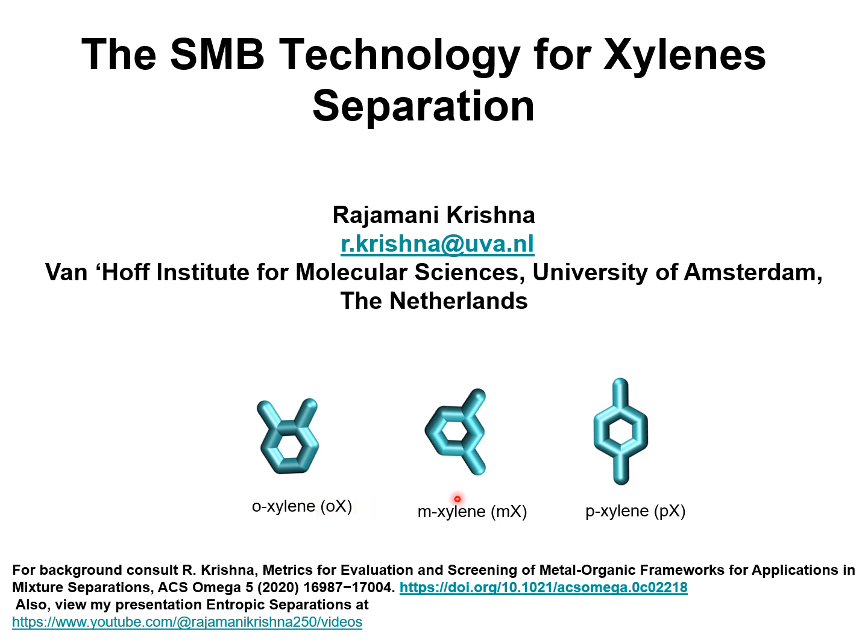Meta-xylene is oxidized to produce isophthalic acid, which is used in unsaturated polyester resin. Para-xylene has the largest market of these three isomers. The demand for para-xylene is several times that of meta-xylene and ortho-xylene. The largest use of para-xylene is in its oxidation to make terephthalic acid that is used in turn to make